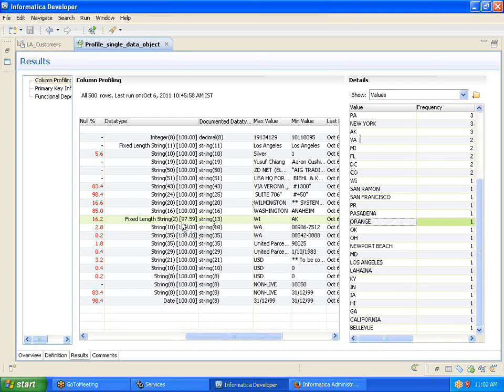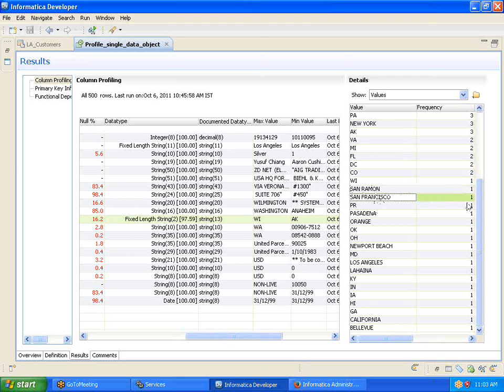We have 97.59% of records with a length of 2 characters. That is why it is a fixed length string with a length of 2 characters, because the majority of the records follow 2 characters. But the other records, that's 100 minus 97.59, only that much percentage of records, like San